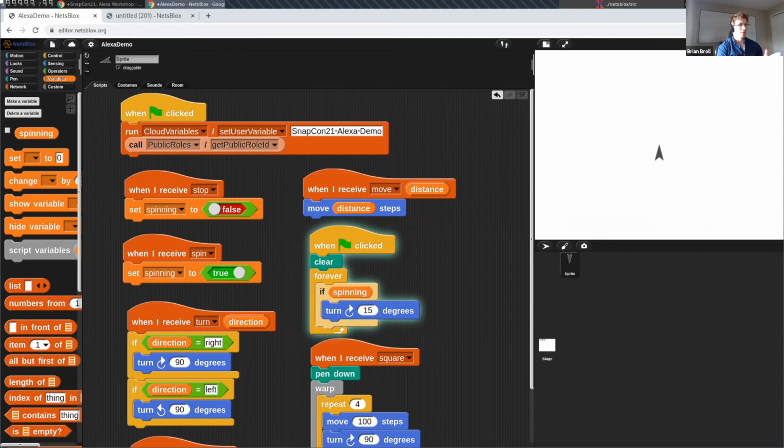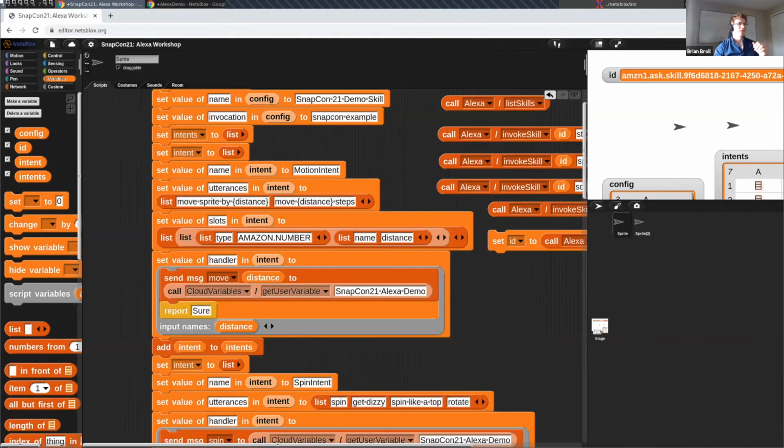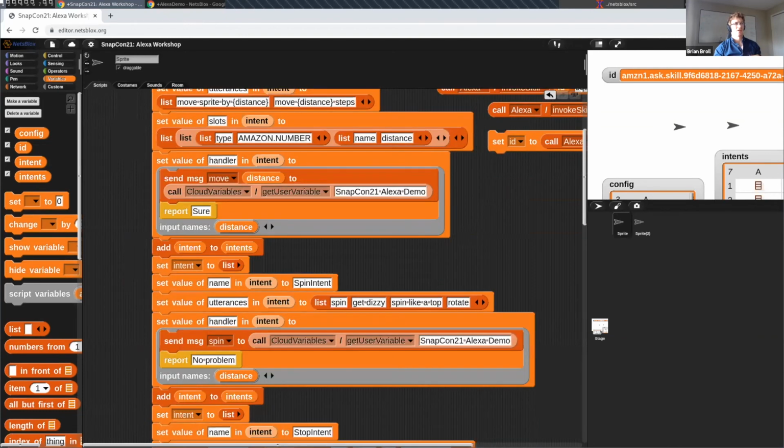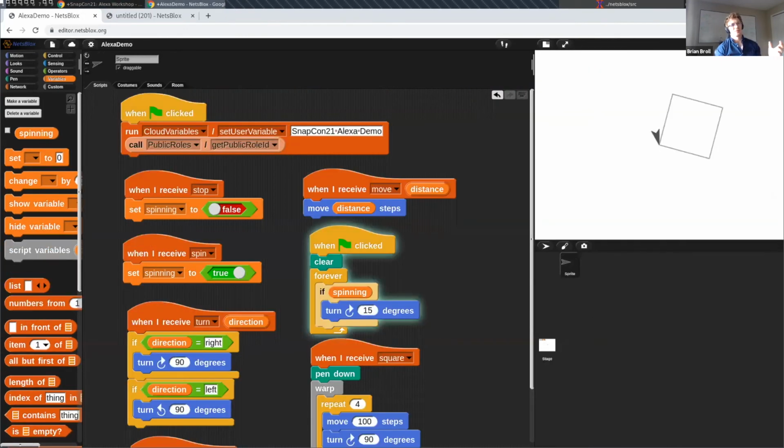Tell SnapCon example to draw a square. Of course. So we can do things like this, where now we're actually building an Alexa skill, which actually uses NetsBlox messages to send messages to other projects and be part of this broader distributed application.